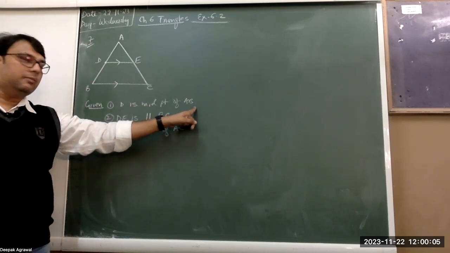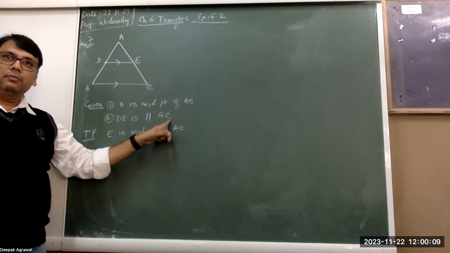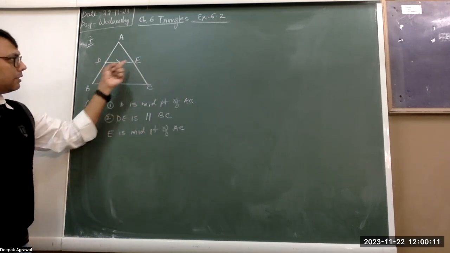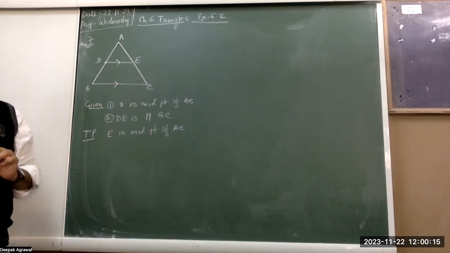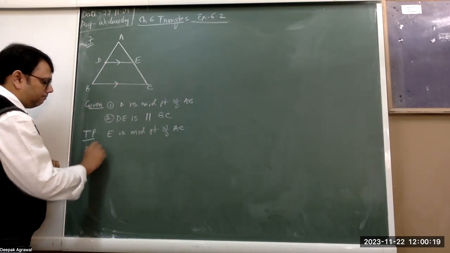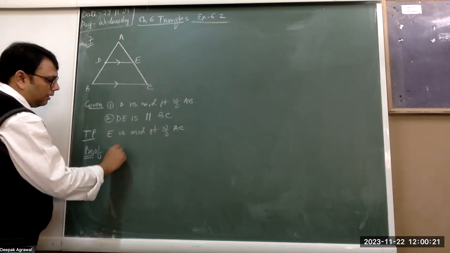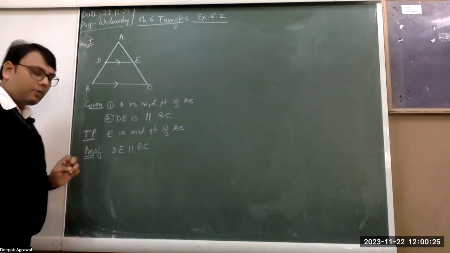Midpoint से draw की जा रही है. And DE is parallel to BC. प्रूव क्या करना है? That E is also a midpoint. ठीक है? अब लास्ट ईयर इसका बड़ा कॉम्प्लिकेटेड प्रूफ था, इस बार ऐसा कुछ नहीं है, सीधे प्रूफ पर चलते हैं. DE is parallel to BC. गिवन है. फाइन. So